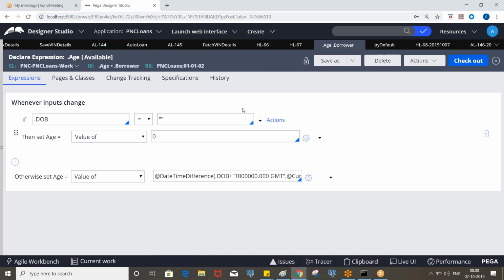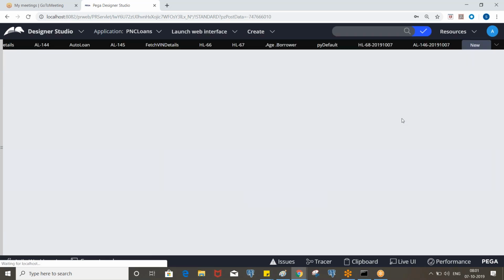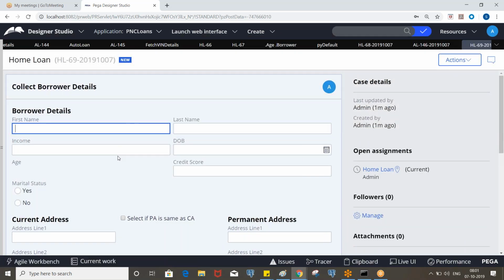Okay, we have two types of validations available. One is client-side validation and another is server-side. Client-side validation is, as soon as you enter the data here, immediately the message will be displayed. Let's say we have the email. Any email will have the @ symbol, which is mandatory, right?